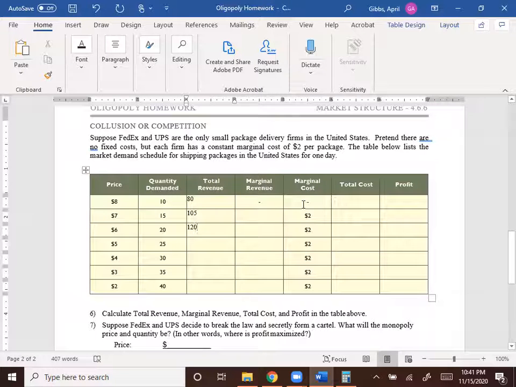So you see they've already got the lines right there. So our marginal revenue, remember, we're subtracting up. So 120 minus 105 is 15. 105 minus 80 is 25. And then we have our marginal cost right here. And our total cost column,